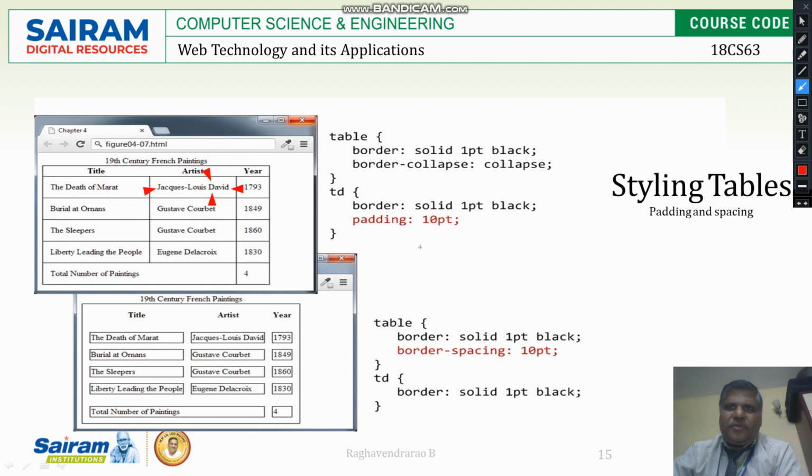It's padding. And here it is spacing in between the cells. The spacing is provided in between the cells, for everything, from here also, from here also. So everywhere space is provided. This is for the table, not for the table data, the complete table. So everywhere you can see, not only in this particular cell, the space is provided, 10 point space is provided.